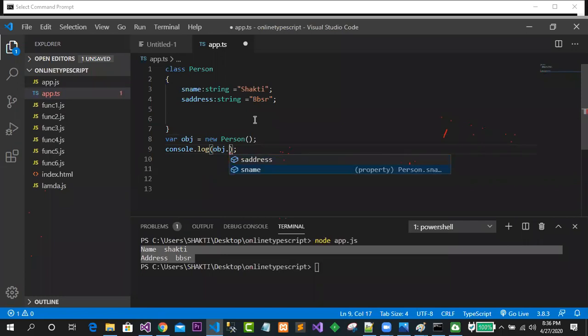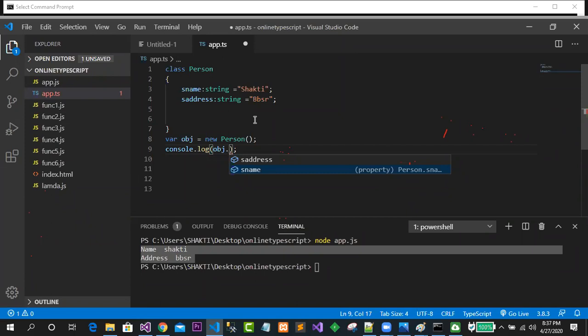Those people who are Java developers: the default access modifier or specifier of a data member is default. But those people who are working in C sharp, the default access modifier is private. Always remember, in C sharp the data member access modifier is always private. But here the concept is the same, and in TypeScript it is public. In case of Java it is default.